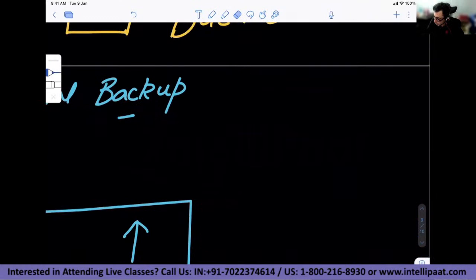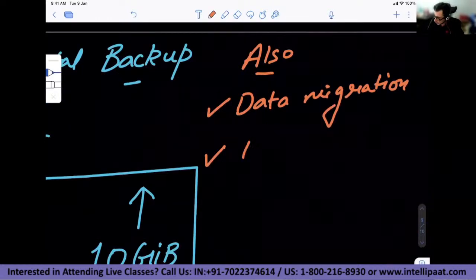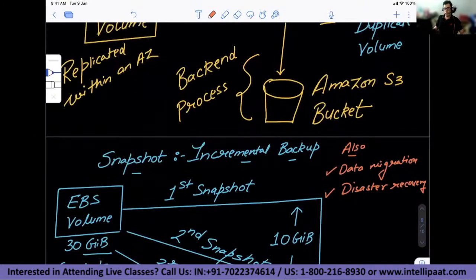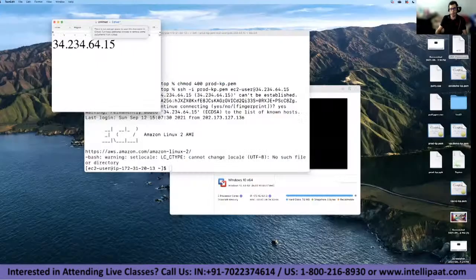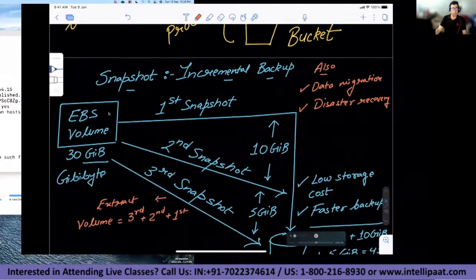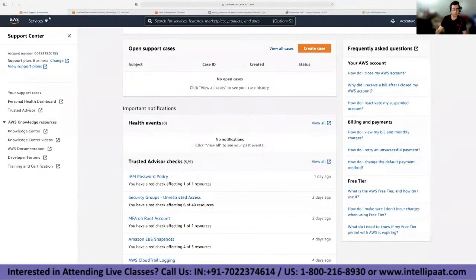They are used for data migration and disaster recovery. How? Let me show you. So let me do one thing. For example, let's go to the AWS page, and let me just go back to the services, and